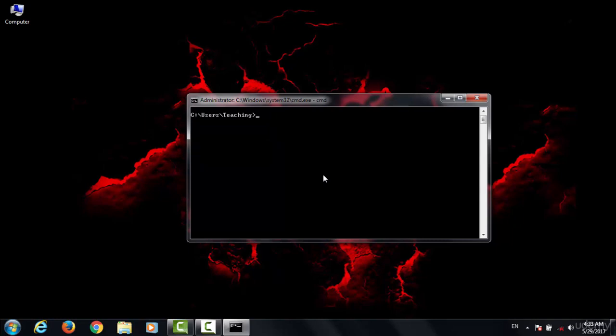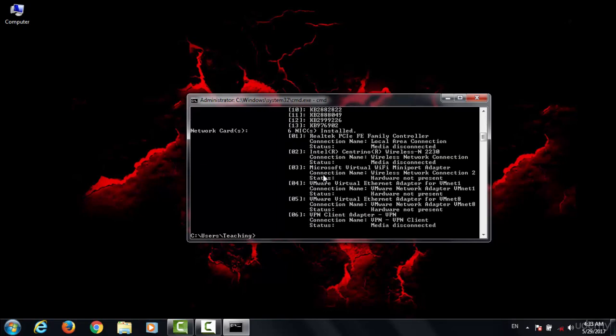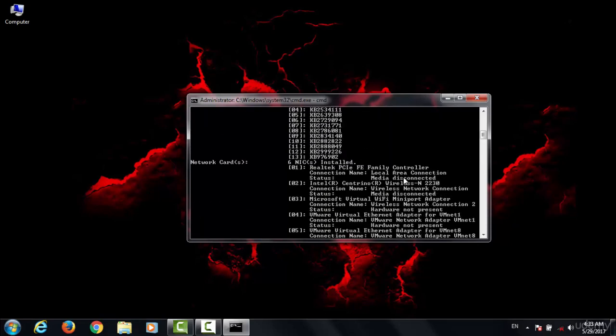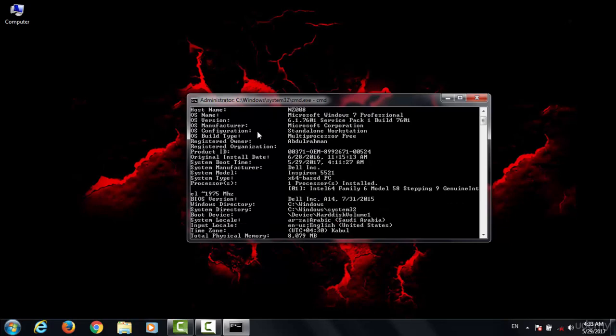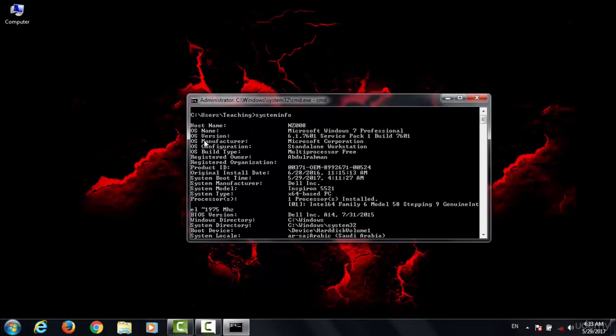To get all the system information in the command prompt, use a command called systeminfo, and this stands for system information. Press enter. Now it's loading the information, and you go up and you see here it gives all the information: the host name, the operating system name is Microsoft Windows 7, and the version of it, and the manufacturer Microsoft,